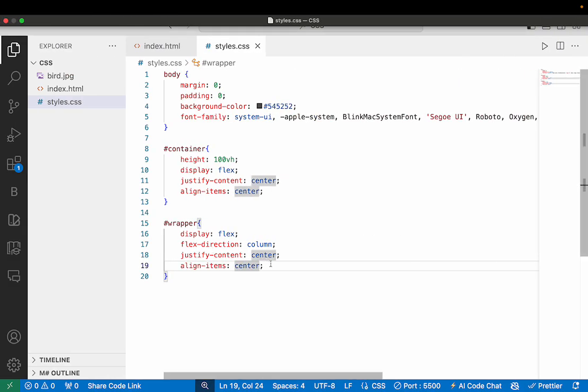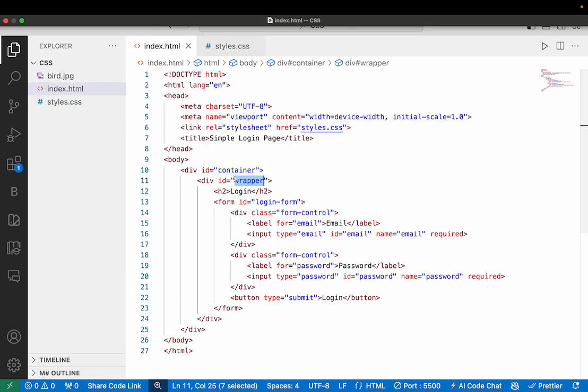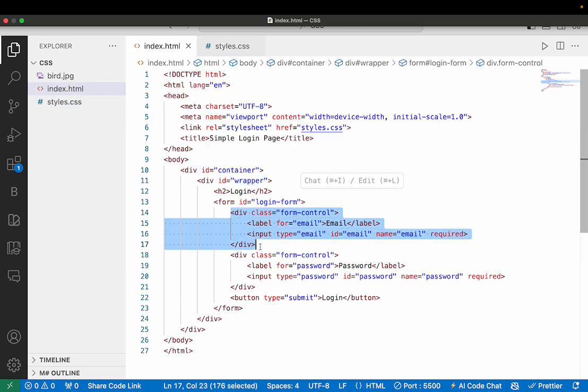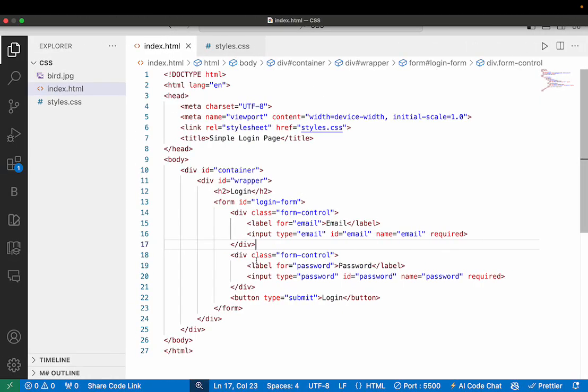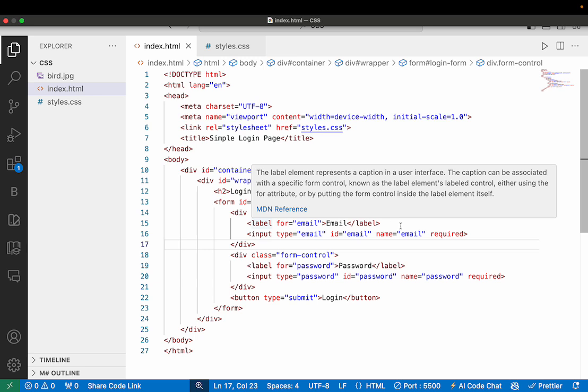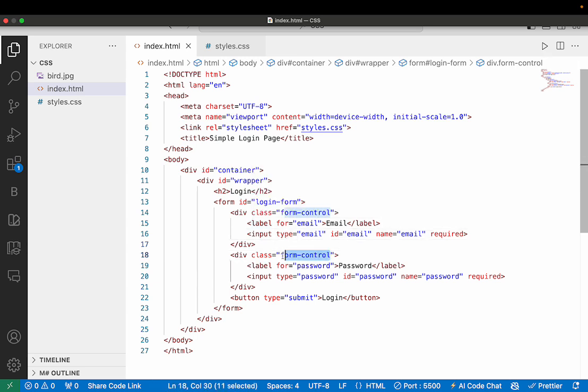Okay, now another thing we want to do, you see how each of these fields is aligned. We have two divs. One is for the email with the label and the input. So this is the label, this is the input. That's for the first div with a class of form control. This is it here. So what we want to do is we want the email to be on top of the inputs, not side by side. So what we would do is we take this class, the form control class,